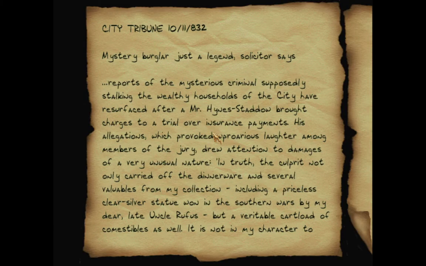City Tribune. Mystery burglar, just a legend, solicitor says. Reports of the mysterious criminal supposedly stuck in the wealthy households of the city have resurfaced after Mr. Heinz Stadow brought charges to a trial over insurance payments. His allegations, which provoked uproarious laughter among members of the jury, drew attention to damages of a very unusual nature. In truth, the culprit not only carried off the dinnerware and several valuables from my collection, including a priceless clear silver statue won in the Southern Wars by my dear late Uncle Rufus, but a veritable cartload of comestibles as